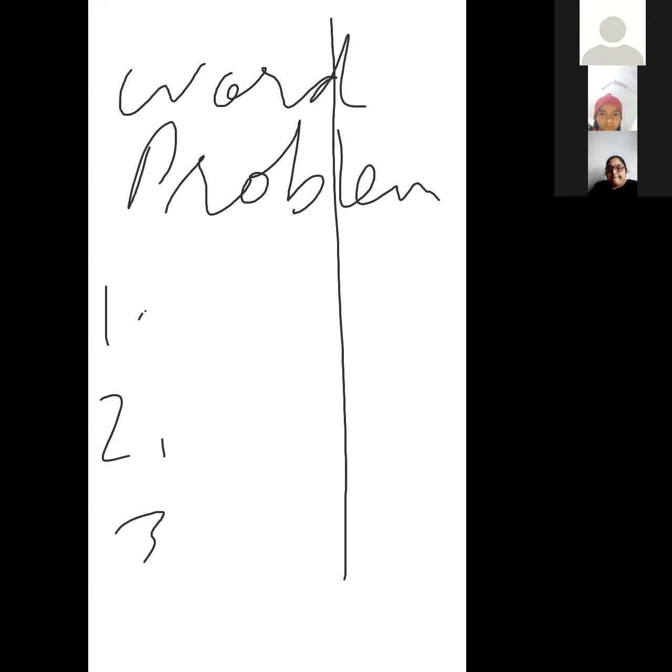I'll show you. Suppose this is your page. Put a margin here with the help of a scale. I've just done it like that, but you will do it with the help of a scale. These days you should know how to hold the scale, how to make a line there. You can do it at home in your rough copy. Take a small scale and try to make a line. In the beginning maybe the line is not straight, it will not come systematically, but as you practice